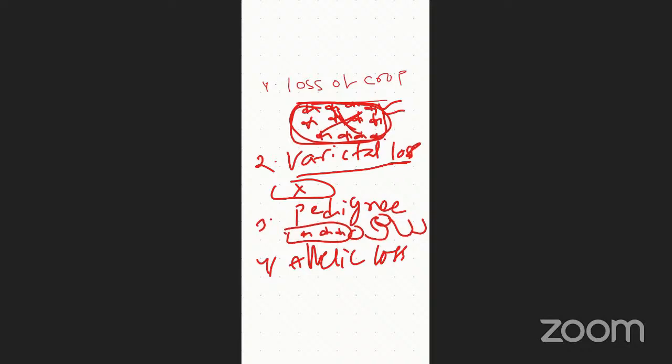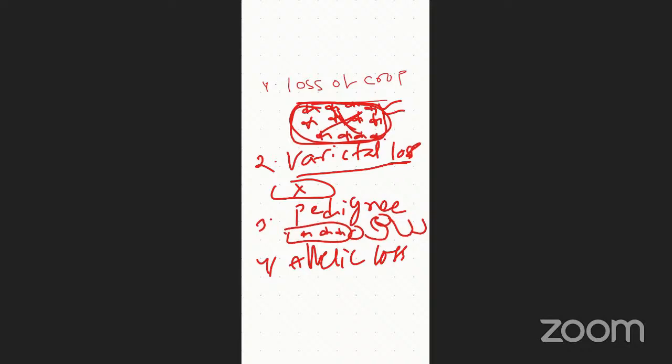So genetic erosion, simple three views, and also analysis of genetic variation. The modernization bottleneck is just a general statement. Don't focus on that; if you have any time, just read it. But anyway, in the examination, if they ask about genetic erosion, you write the three views: loss of